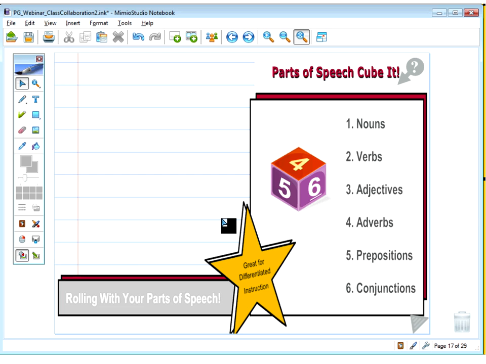So collaborate mode is a phenomenal mode. It works great too in conjunction with control. You might do some instruction with control and then go into collaborate mode for some reinforcement. Lastly,